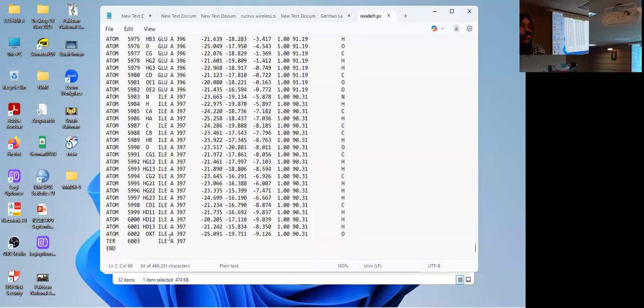So all of these residues are modeled. They have coordinates, atoms are there. This is just a shorthand way to know that your file is okay.